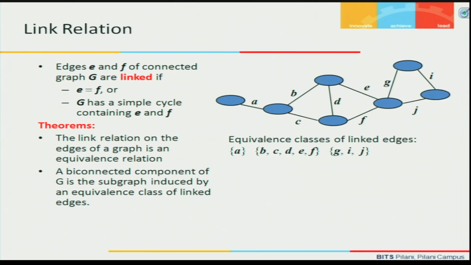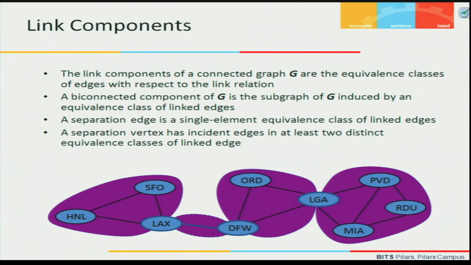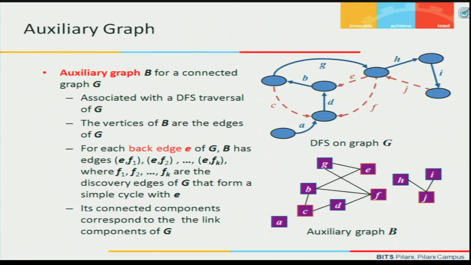Intuitively clear that this result is going to be true, that is, a separation edge will have no other element in its equivalence class, and a separation vertex has incident edges in at least two distinct equivalence classes of linked edges. To finally get the biconnected components, we use another idea of what is called an auxiliary graph. So, in an auxiliary graph, we first do the DFS traversal, the standard DFS traversal, and then form a graph using the DFS traversal. So, for every back edge that we have in the graph,